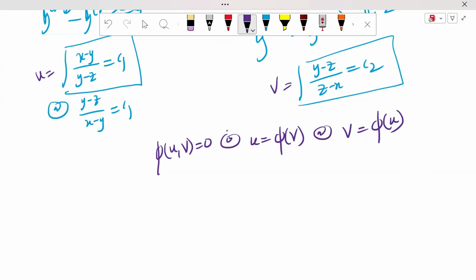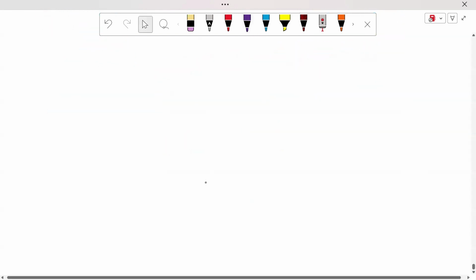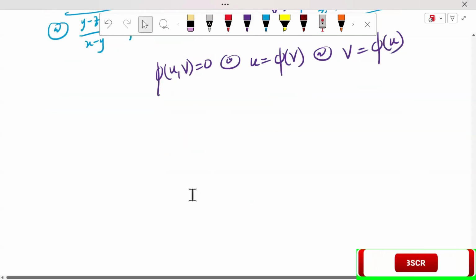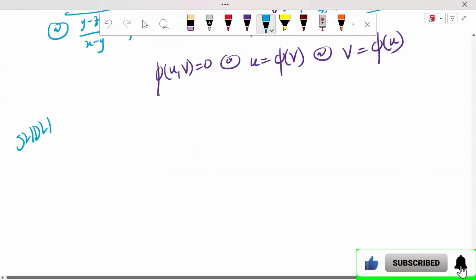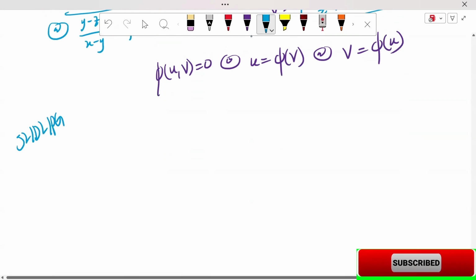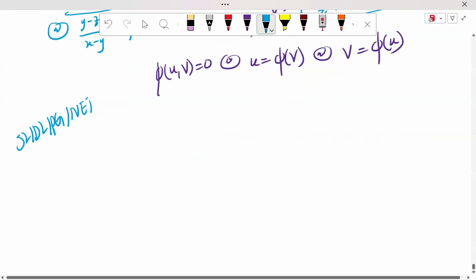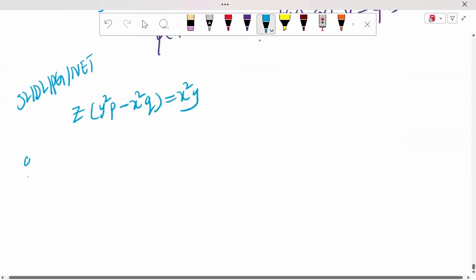So this is the previous question. Another previous question, from the JL DL PG entrance examination, and also GATE, SET, NET questions. What is the question? Solve z into y square into p minus x square into q is equal to x square y. Option A,